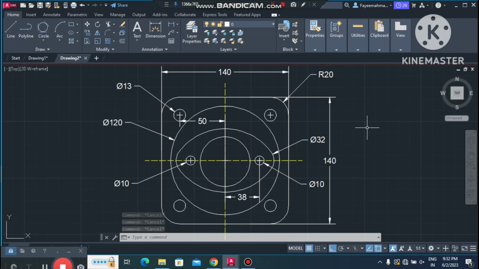So look how we dimension this sketch in AutoCAD. So again, here we just forgot to change the bigger circle into converted into